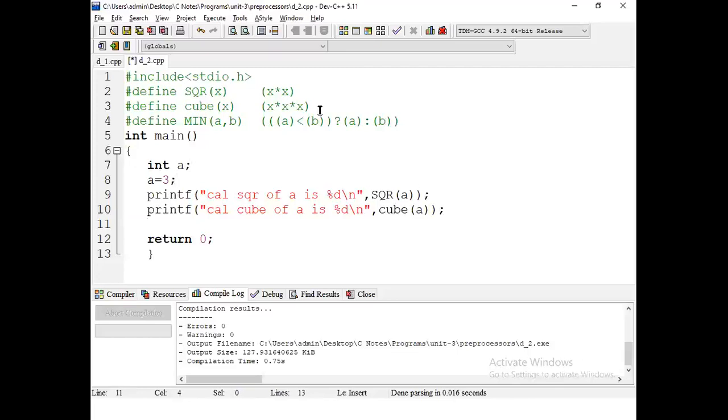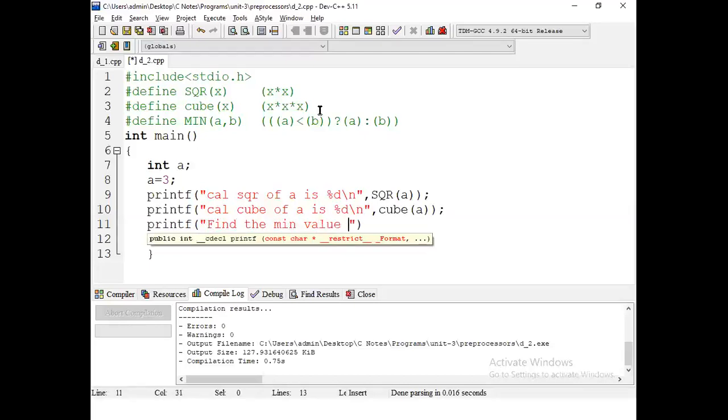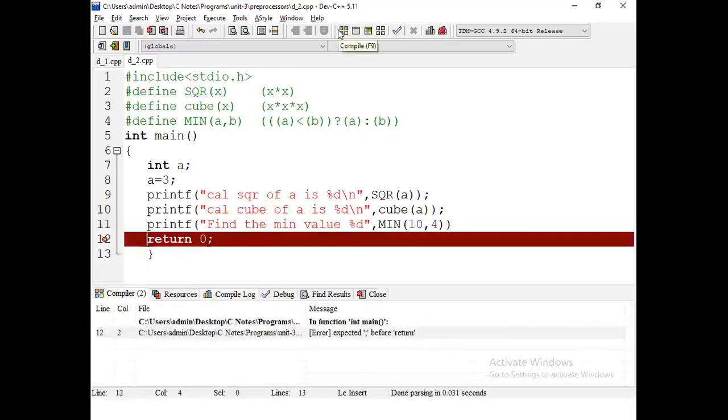Here two variables are there. Okay, printf find min value, percentage d out of min of 10, 4. What will be the output? 4 will be the output. Semicolon missing.